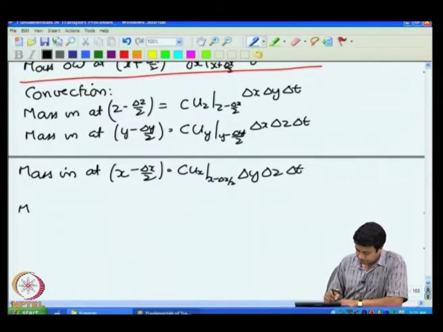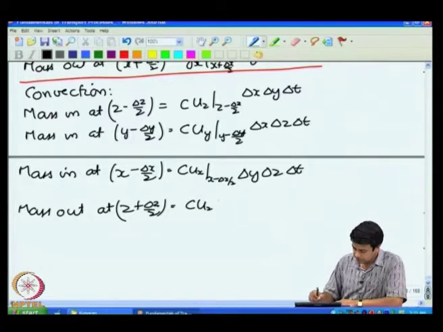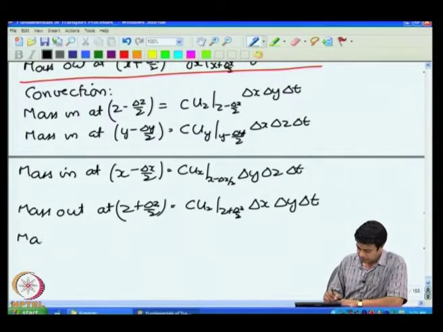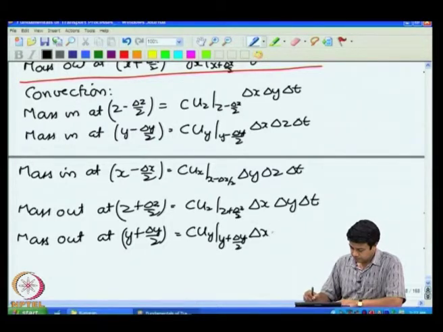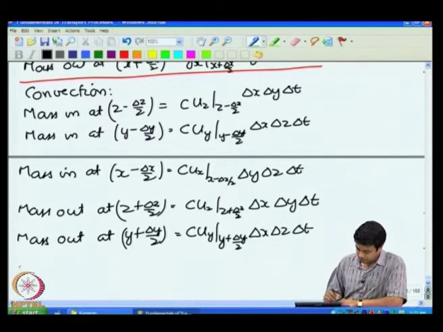Mass out at z plus delta z by 2 is equal to c u z at z plus delta z by 2, delta x, delta y, delta t, then mass out at y plus delta y by 2 is equal to c u y. At x plus